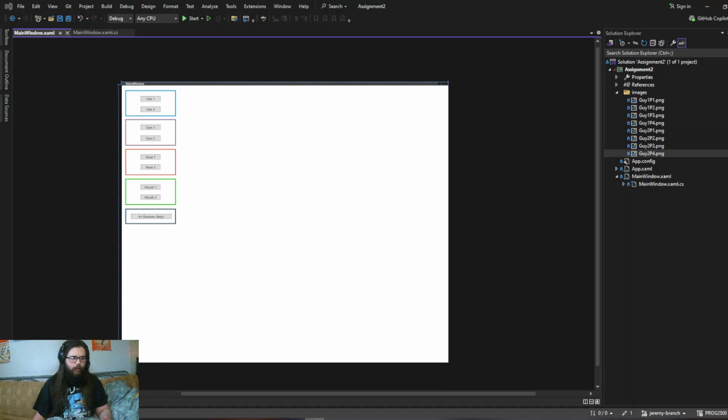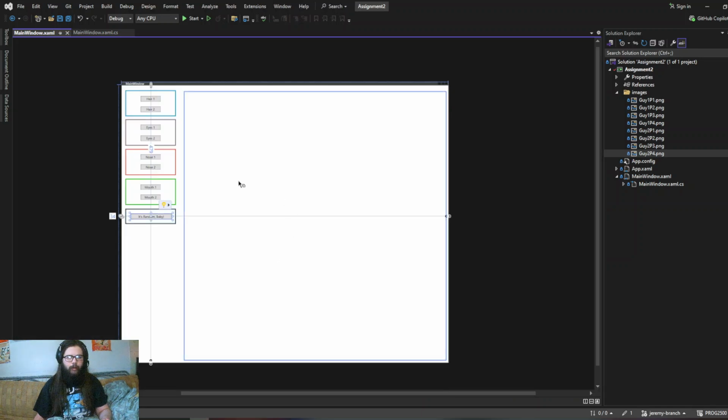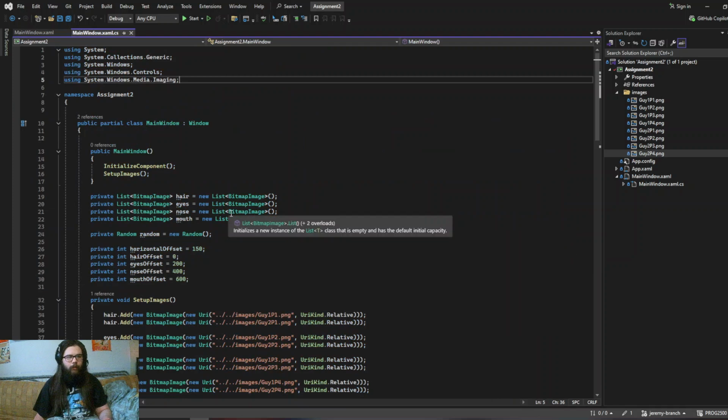It's pretty simple, but just to show it, here's the XAML. It's just the grid within a window, and then a canvas, which, if I go back, is this. You can see it's highlighted when I have my mouse over it. Then the borders and then the buttons. So other than the canvas, what you see is what you get. And then if I go to the main window here,